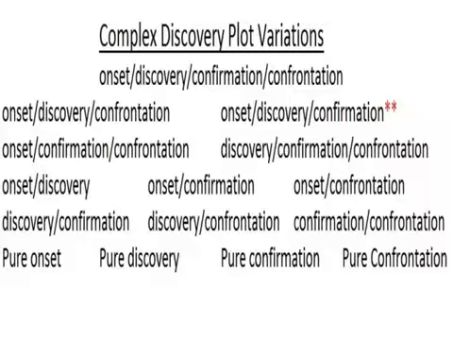You can take any element out from the onset, discovery, confirmation, confrontation. When you have all 4, it's called the complex discovery plot. The next step down would be onset, discovery, confrontation. That's what Carroll calls the discovery plot. If you add confirmation to a discovery plot, you get a complex discovery plot. Confirmation, of course, as we discussed, is used to